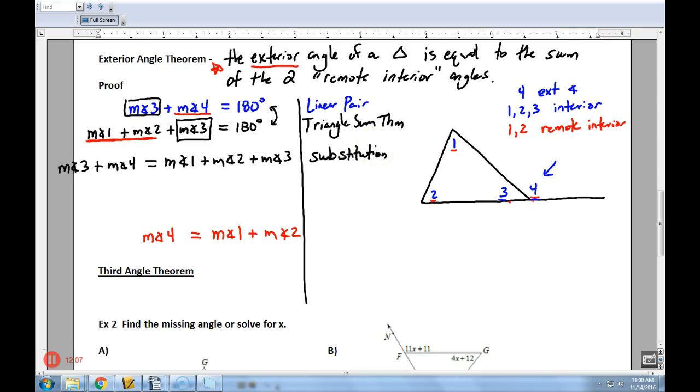Now I can use some algebra. I can now say that the measure of angle 4 equals the measure of angle 1 plus the measure of angle 2. And how did I do that? Well, if you notice, what did I do from the line up above to get to the line below? I just subtracted the measure of angle 3 from both sides. So I used the subtraction property of equality. I subtracted the measure of angle 3 from both sides, and I got exactly what I needed to